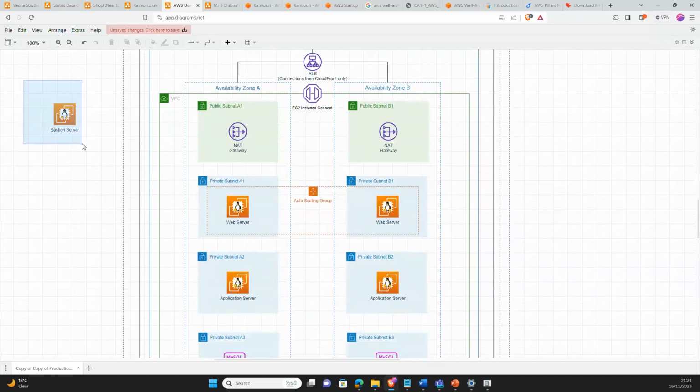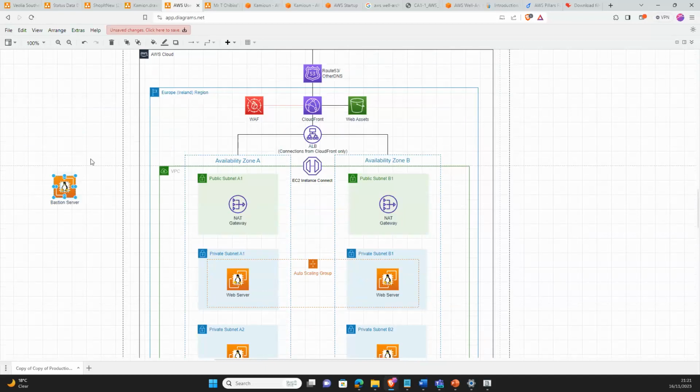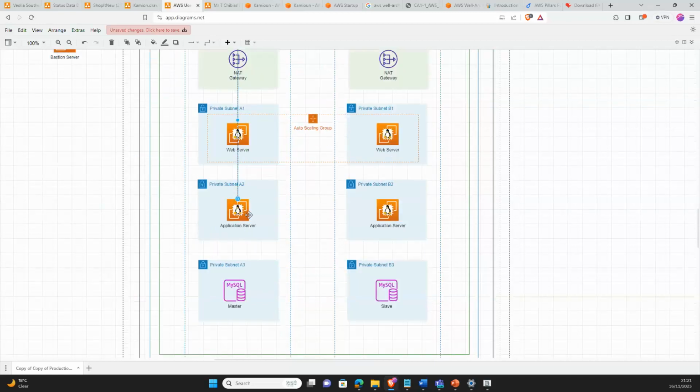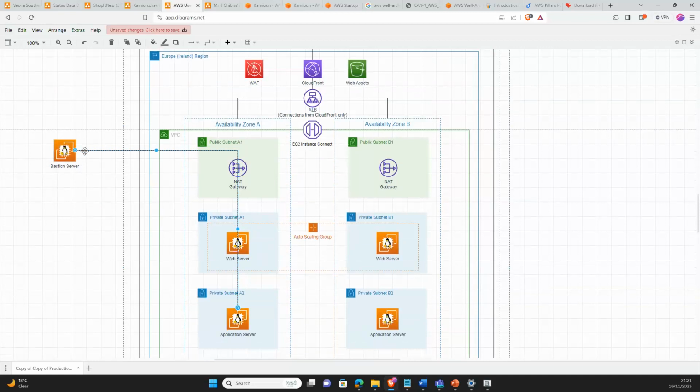One of the main cases that we use when it comes to having that access is leveraging a bastion host. So a bastion host will be in a public subnet, then the administrator can SSH into it, then can SSH into the web server or the application server. Then through the application server, they can have access to the database. So that is a bastion server.